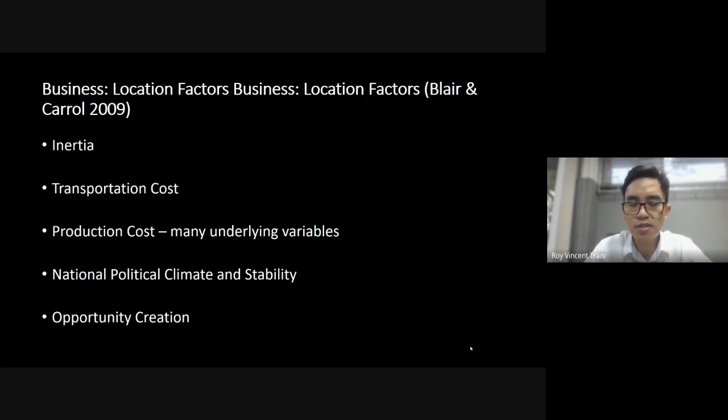So transportation costs basically say if it's cheaper to transport their goods, the firm or business will locate there. There are two types of transportation-oriented businesses: the weight gaining and the weight losing. The weight gaining, as the name suggests, is where the product becomes heavier when it reaches its final state. The example in the book was a drink, maybe a boba tea or something like that, where it suggests that